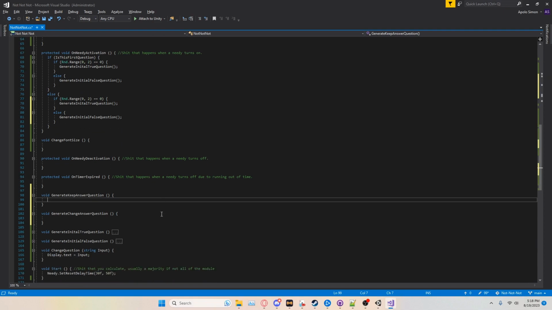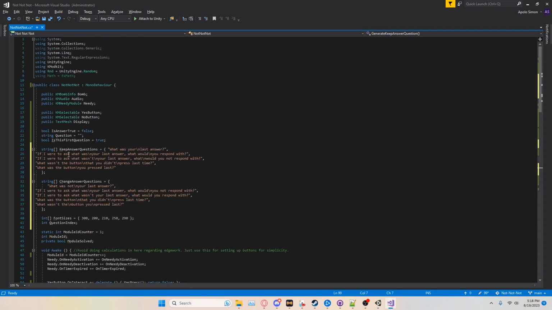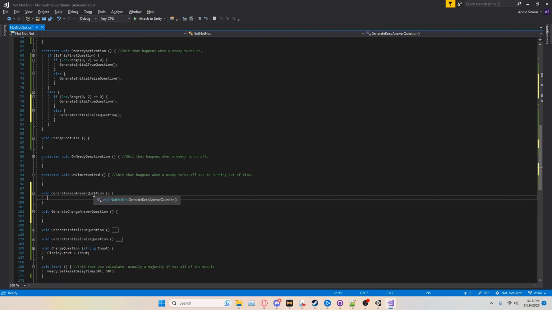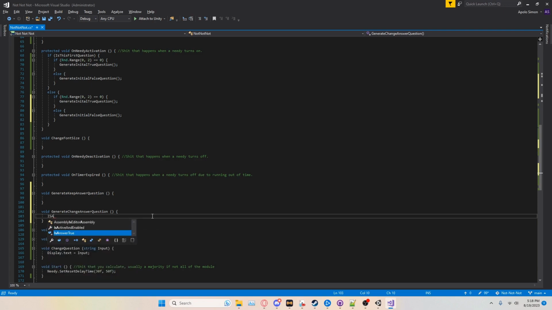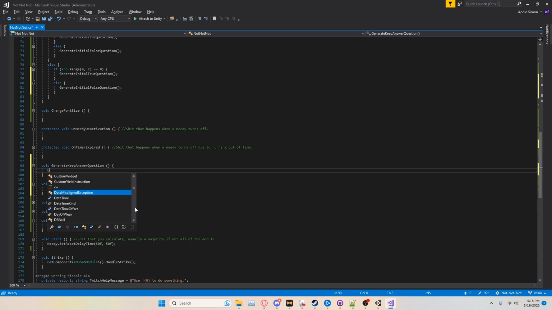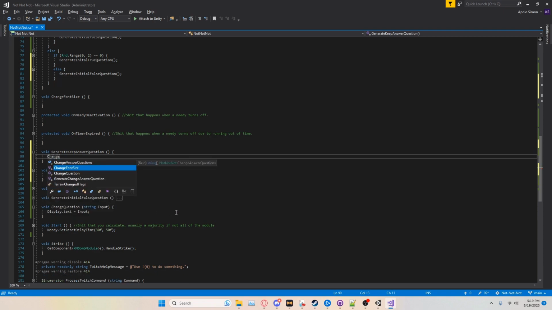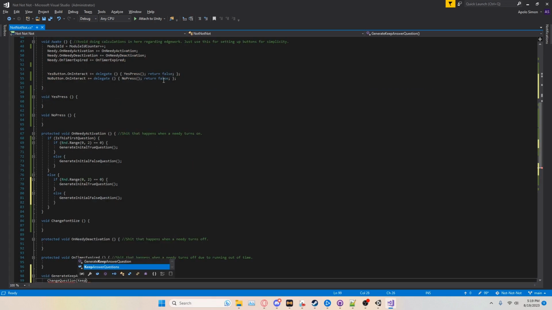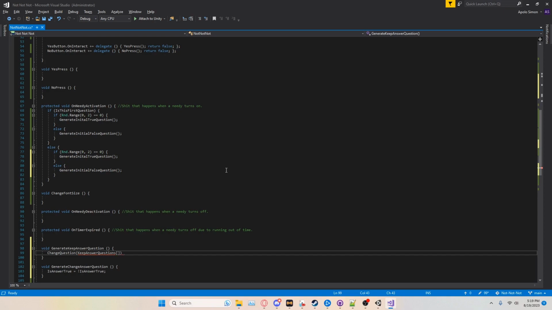So generate keep answer question, what we want to do is basically just have it say is answer true, and actually because we want to keep the answer, we don't actually care about changing it. We only care about changing it here. So is answer true equals not is answer true. So now, what we want to do is display.text. Nope, actually, change question of. Change question and keep answer questions of